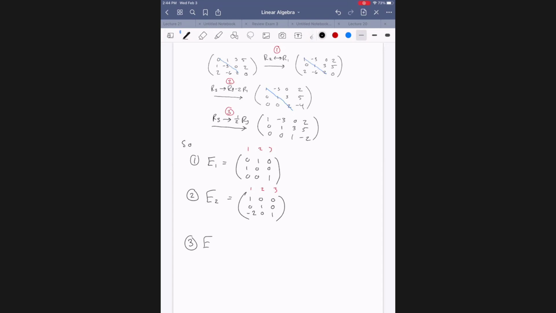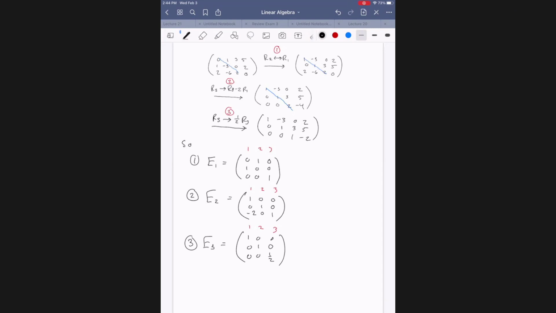And then E3, I need to scale the third row by 1/2. So these stay the same, and then the third row I'm just going to scale by 1/2. Okay,